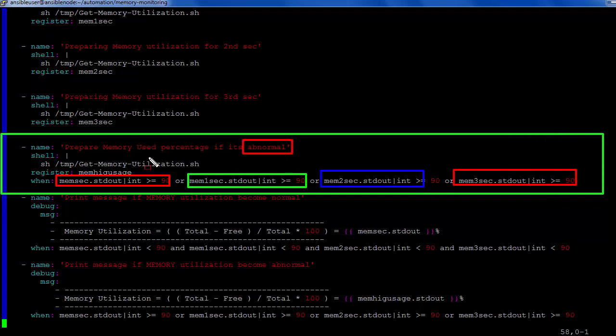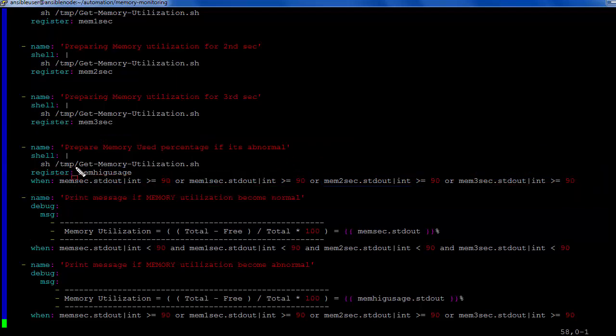Here I am storing that result into this value, meaning during that time whatever the memory utilization is, I store it here. I applied this because if the system usage is high, I want to know during that time what the percentage was, so to print the message I am capturing this result.